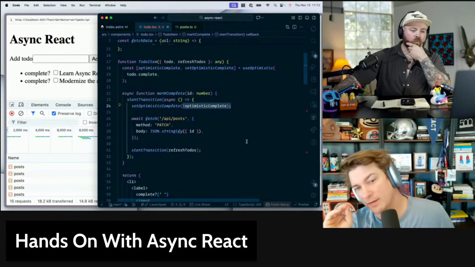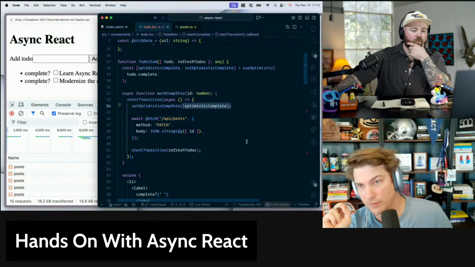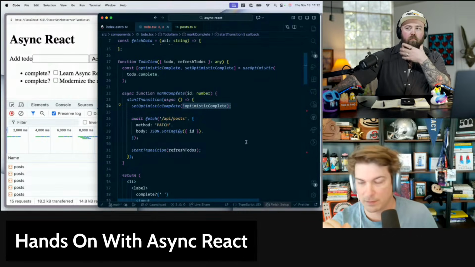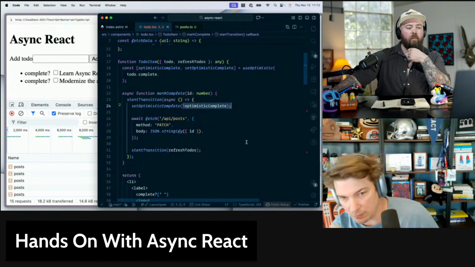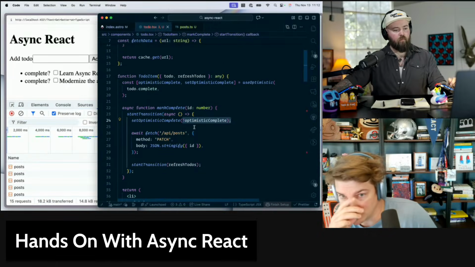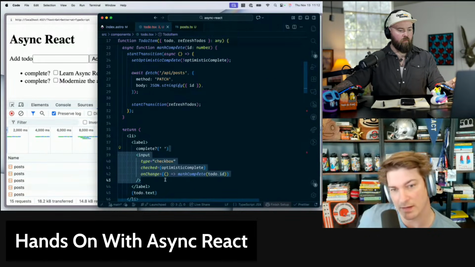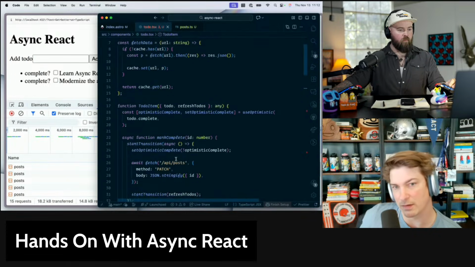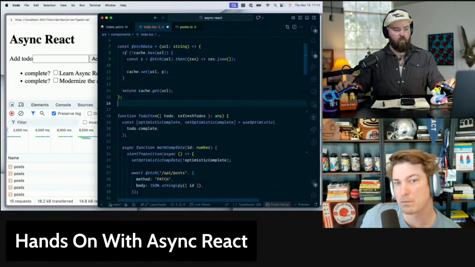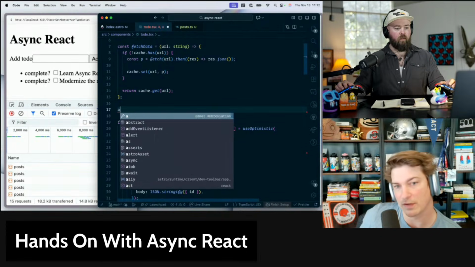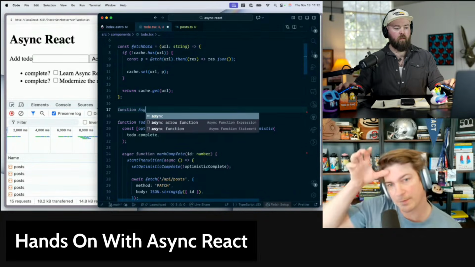But we could have an async React first checkbox component. So if you take your input type equals checked down below, let's just take that and put it into its own component. Let's call it like async input. Okay, and do I mark it async? No, we'll just do function. It's a component, so function async input.